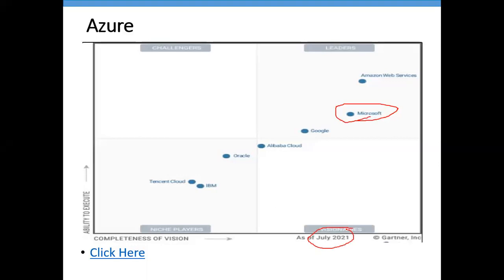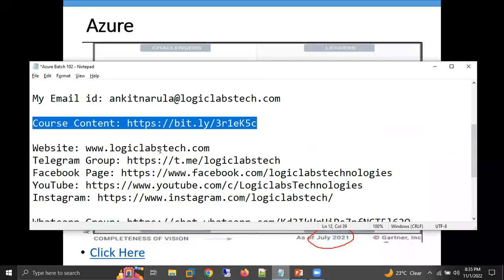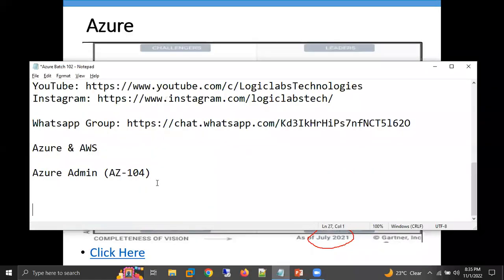And it is 100% sure that after 3-4 years, Azure is going to be the number 1 cloud. That is why I told you earlier that Azure has more jobs in the market. The reason is that Azure is capturing more market than any other cloud. So rather than any other technology, Azure has more jobs.